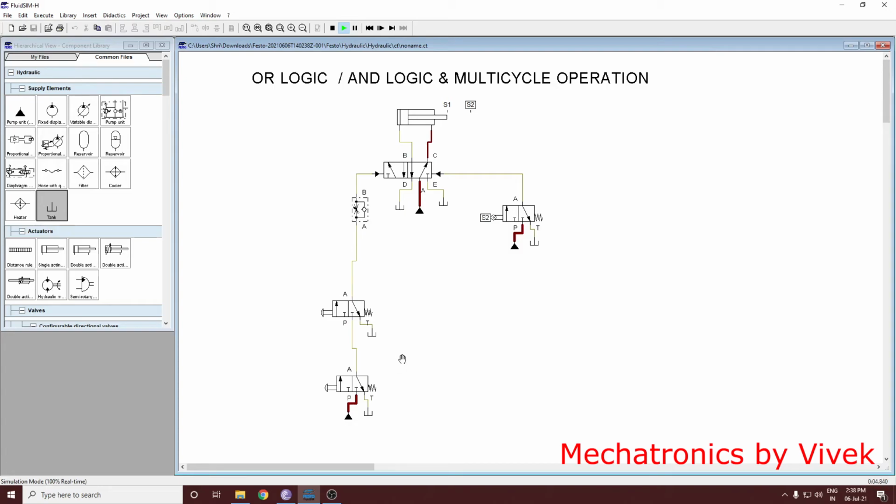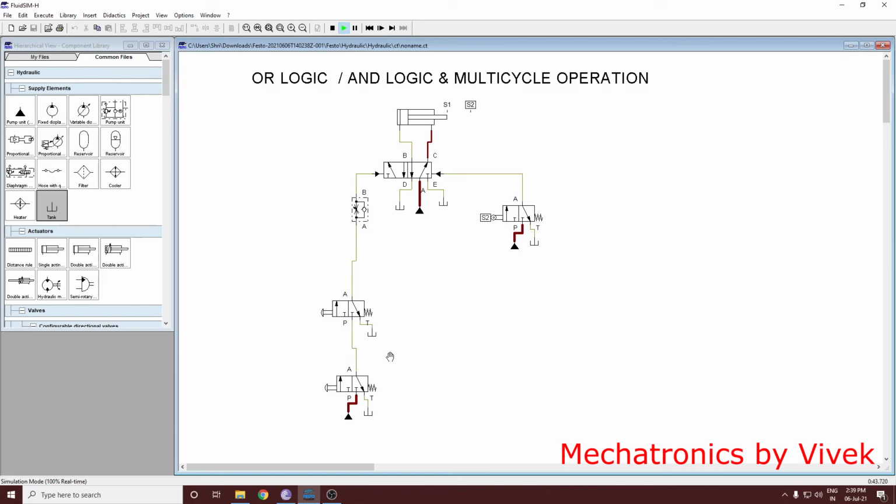Okay, now you have to press both the switches, so 1 and 2. Yeah, correct. So this is how you can simulate the AND logic. Earlier what we did is we used a dual pressure valve. So instead of a dual pressure valve, you can have this kind of arrangement through two switches. Okay, this push button and this push button, and unless these two are pressed, you will not get the required operation. So this is how the AND logic can be demonstrated.